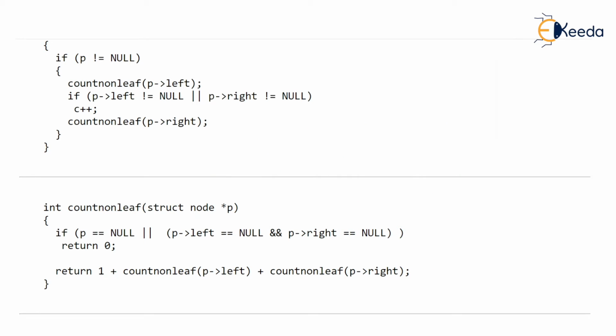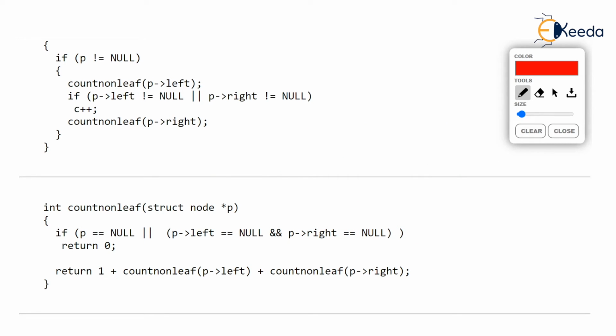So before we end the discussion, let's try what happens if you call this count non-leaf on such a tree. How is this going to run? Showing the operation like this, count non-leaf is called for 10. And first we inquire in count non-leaf 10, are we talking about a valid node? Yes, because P is at 10. And is it a leaf? Now 10 is valid and 10 is not a leaf. So the statement return 1 plus will execute.